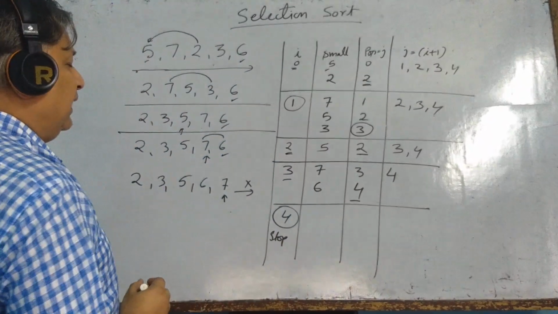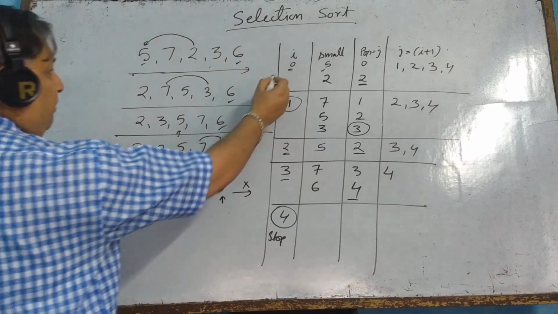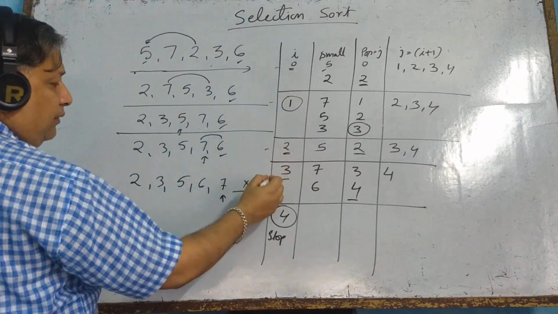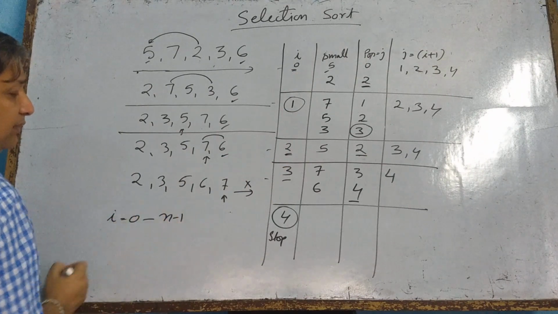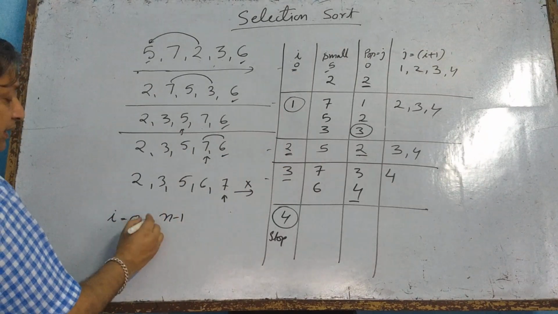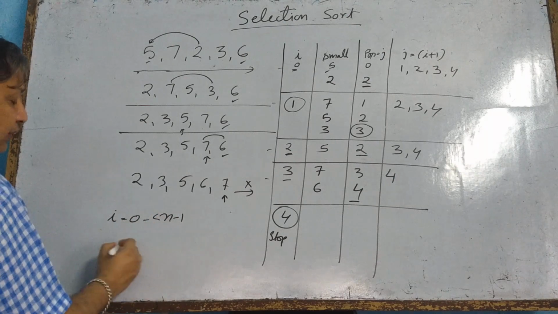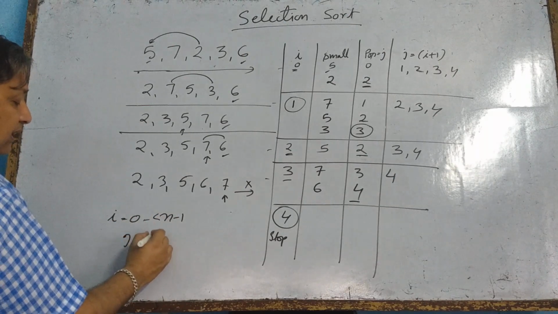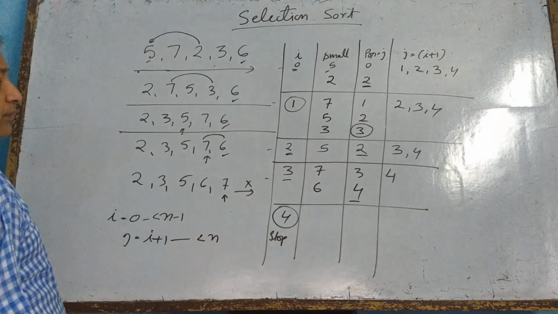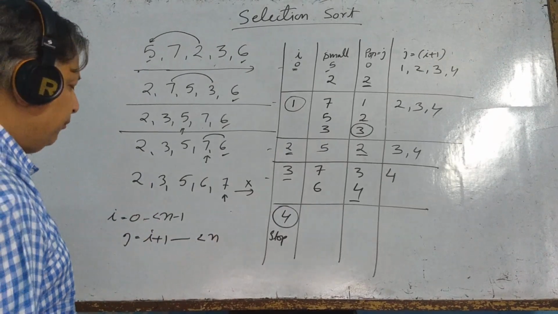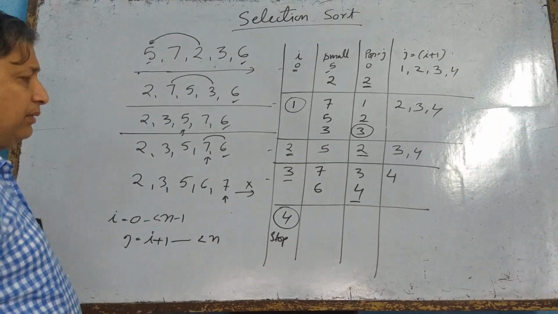Okay, so here we can see we are picking the place from 0 to size minus 1. So you can say I goes to less than size minus 1, and for each place we have started checking from its next place to less than size. We have taken the size as 5 and are finding the smallest number.